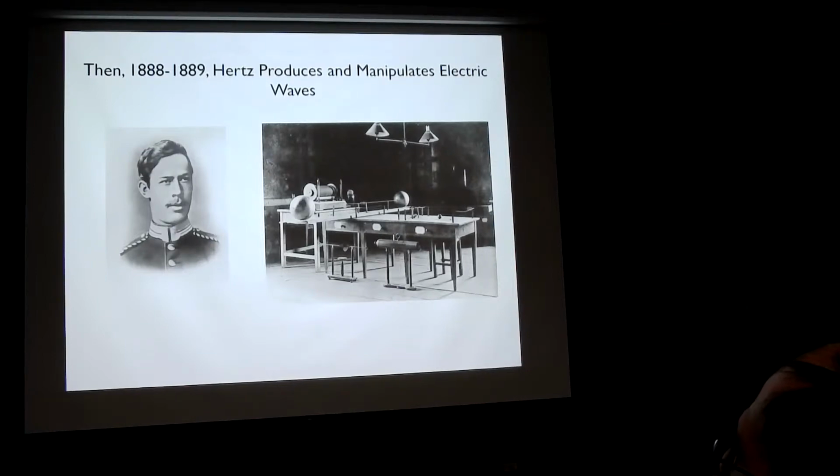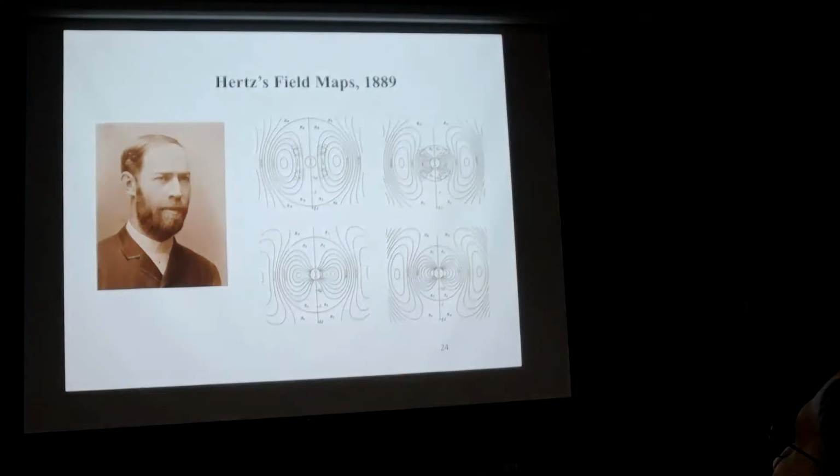Hertz, it's a long, complicated story, working through eventually from Helmholtz's work and then through Maxwell's equations, generated electric waves, and in 1889 wrote this extremely influential paper, including the first depiction of the field maps around